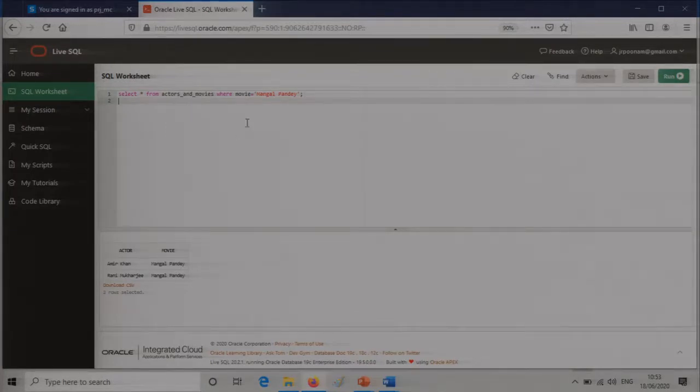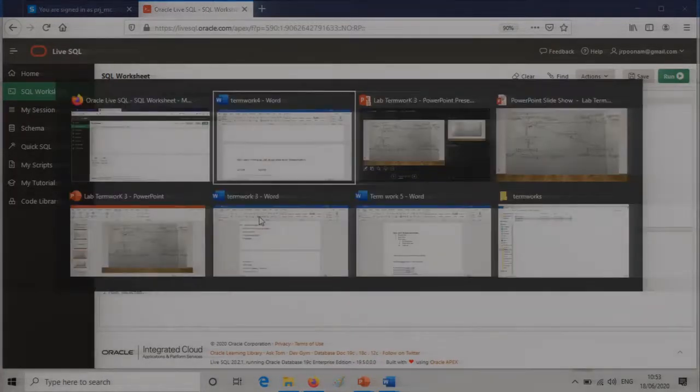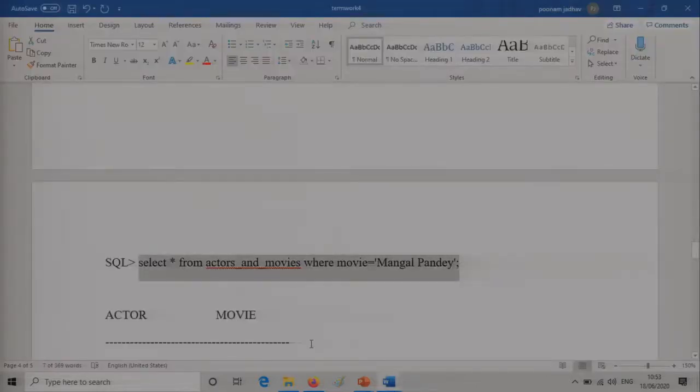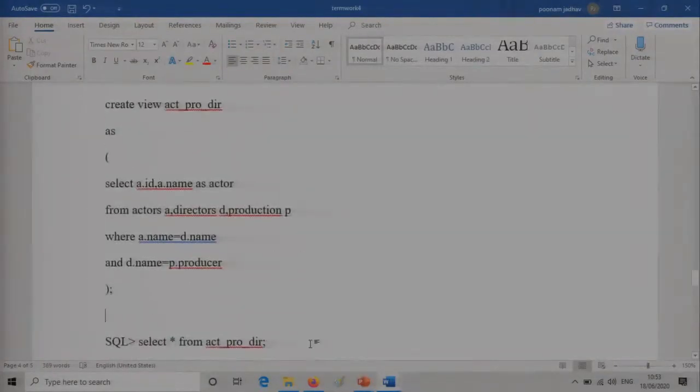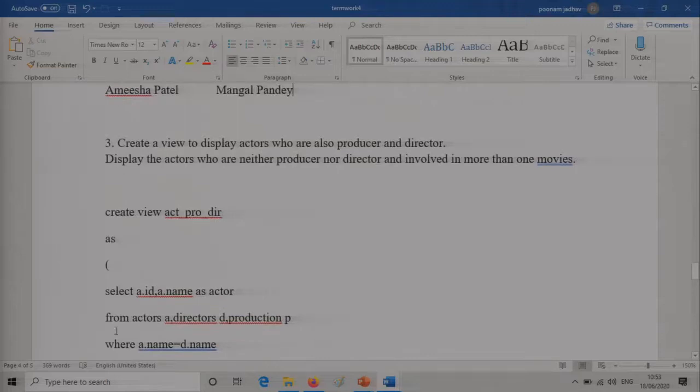Other than the creation syntax, everything goes the same. One extra clause is there, as, and then within it you have to have the select query which will help you extract things from the different tables. So this is the second view created. Having done that, let's go to the next view, the third view, and it goes: create a view to display